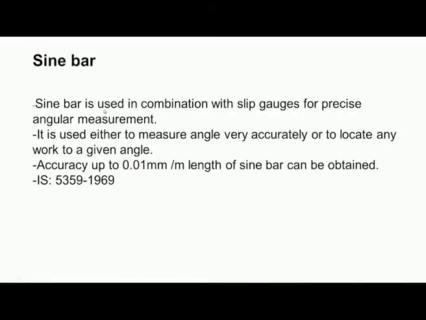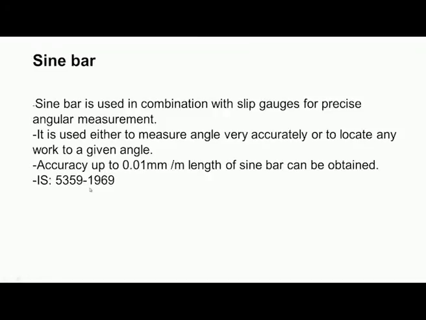Now, the sine bar is used in combination with slip gauges for precise angular measurement. It is used either to measure angles very accurately or to locate any workpiece to a given angle. Accuracy up to 0.01 millimeter per meter length of sine bar can be obtained. These sine bars are made as per Indian Standard